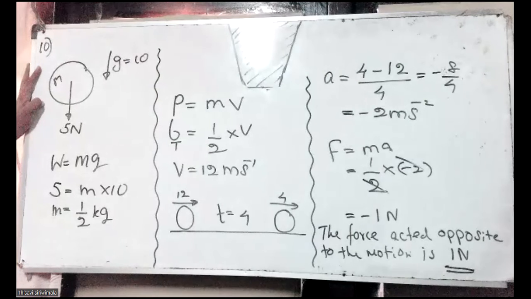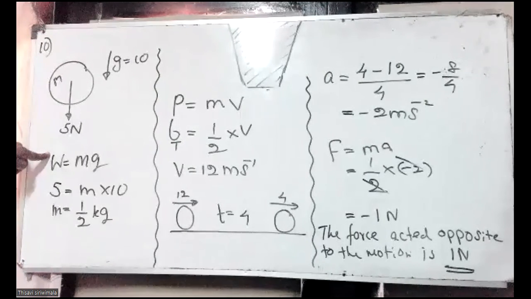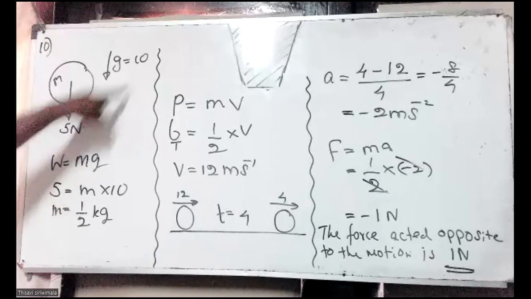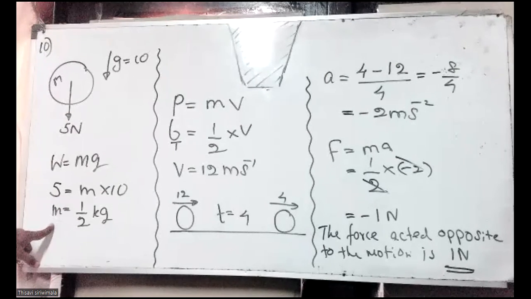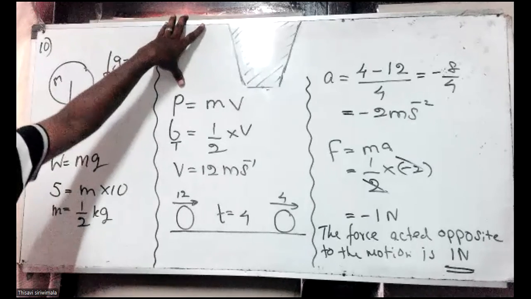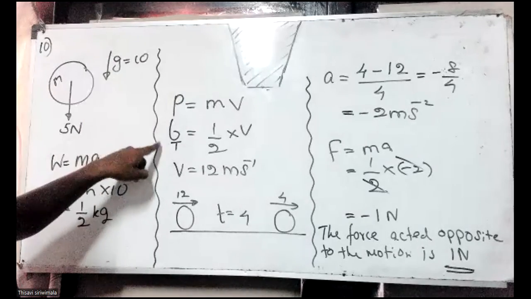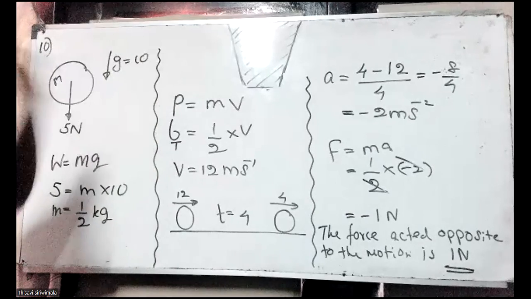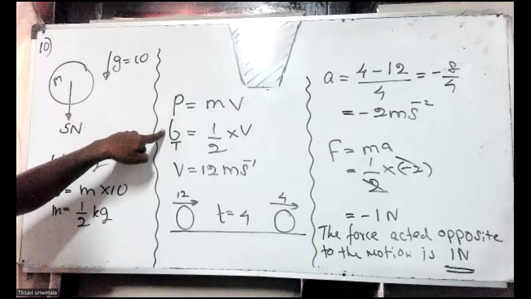First, by using the weight of the object, I can find the mass. I apply W equals mg. So the weight 5, mass we don't know, acceleration due to gravity 10. When you simplify, mass is half a kilogram. Then I apply P equals mv in order to find the starting velocity. P equals mv. 6 is the